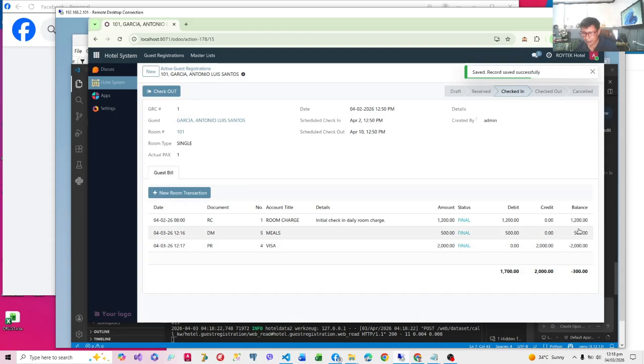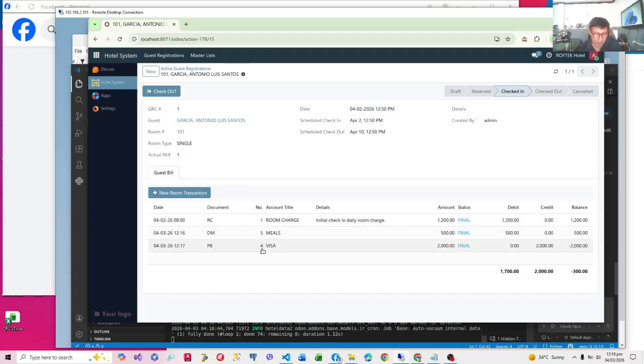Now it's set to final, and then we have a negative payment, so we have a negative balance. Now we don't need a refresh because there's a refresh button here that will refresh the payments. So therefore, other users can also find the changes that you are doing. Now take note that the document numbers increased because I've done some changes before. So now we have a new transaction. We have created, or shown how to create, a new bill.